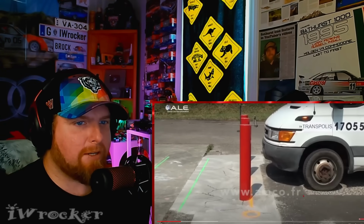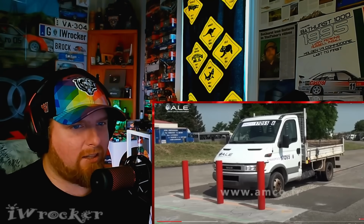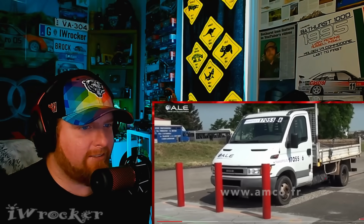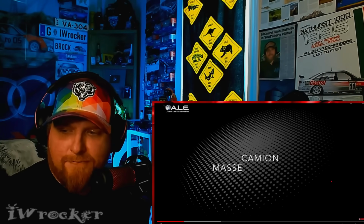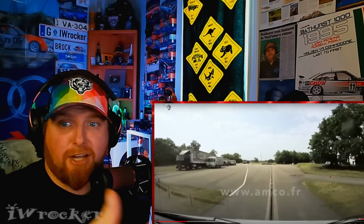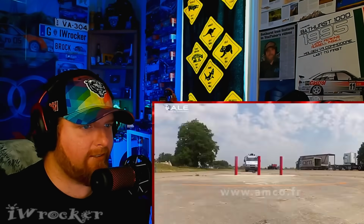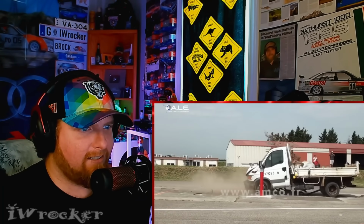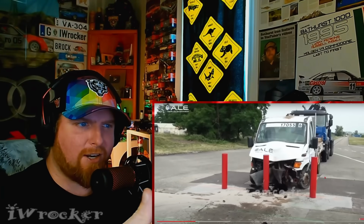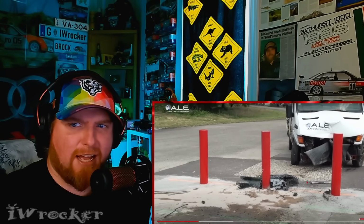Absolute destruction. But see, on an actual smaller scale, kind of more put together vehicle, like a light truck, a light van, or of course passenger vehicles, I think these are no doubt totally safe. They do their job completely. And of course it's better than having nothing there. So I'm just kind of nitpicking. Yeah, see, that is spectacular. Stopped in its tracks. Kind of bizarre that these aren't along our streets where you're supposed to walk in the U.S. If someone flies off the road here,